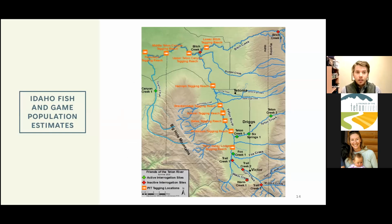I'm going to move on to share some information collected by the Idaho Fish and Game Department via their semi-annual population estimate surveys. These are surveys that are conducted by using an electrofishing-equipped raft. These rafts float down the Teton River. They temporarily stun fish. These fish can then be collected, data collected from the fish, and that data is used to create an estimate of how many fish are present at that survey site or in that stretch of the